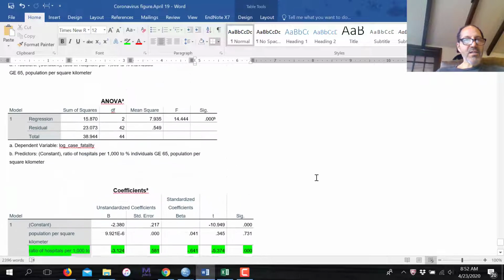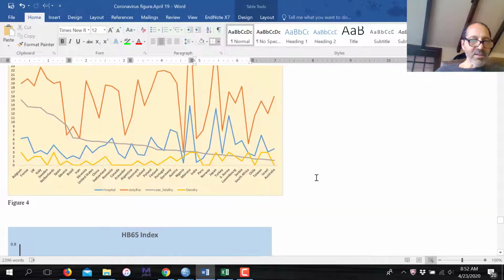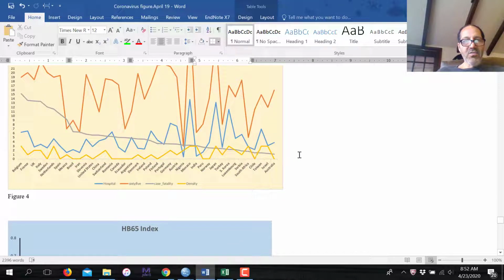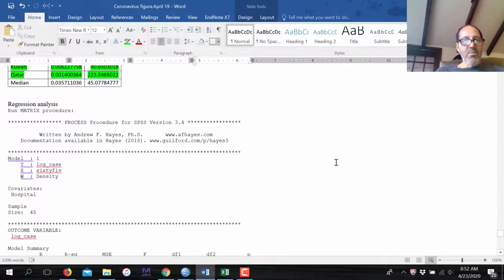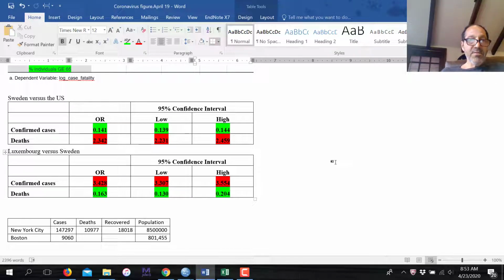So let's look at Luxembourg in this nice figure again. I didn't compare Luxembourg to the US. I'm a little bit busy right now, so it's really hard for me to get everything. So look at this. This is where they're at. They have a nice mirroring of hospital beds to the proportion of the population 65 and above. You can see their case fatality is lower, even though they have a higher population density. These are the density colors. I don't know what all this means in the long run. What I'm hoping for is that we learn how to deal better with having older populations and being better prepared for such calamities, so we don't have to shut down everything again in the future. But it's just some information, food for thought.